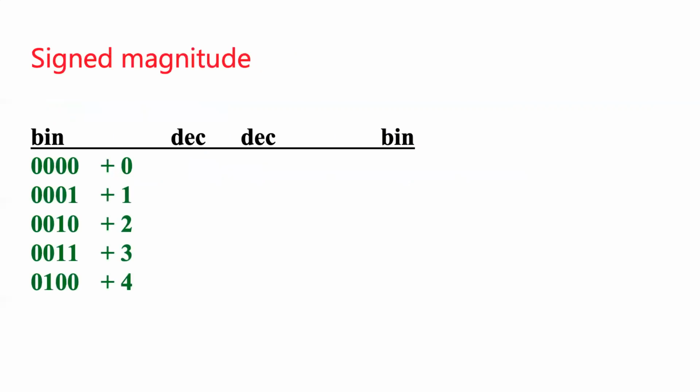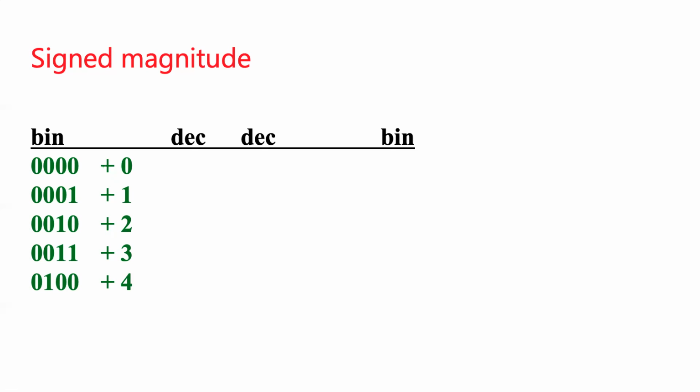So for signed magnitude, you already know how this works. We talked about this a couple of slides ago. Let's say we had 4 bits to represent values with. For positive values, they look just like an unsigned positional number system. Talking through these examples, 0, at least positive 0, in 4 bits, is going to be 4 zeros in a row. 1 is going to be 0, 0, 0, 1. 2 is going to be 0, 0, 1, 0,